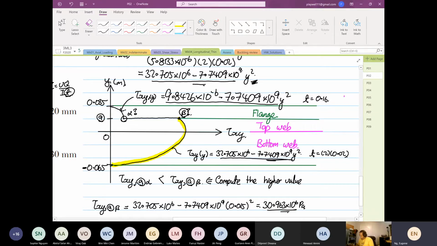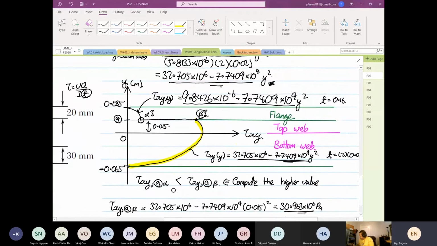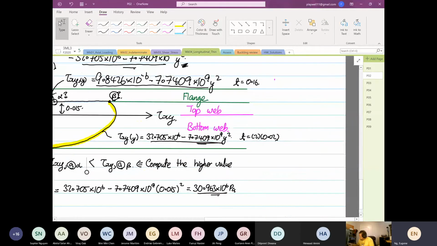So if we put our y at point A, the distance from here to here, right? Distance from here to here is what? Sorry, 0.015, right? So if you substitute this expression over here, it's going to be looking a bit messy, but so if shear XY at point A, right, so this will be equal to 32.705 times 10 to the power 6